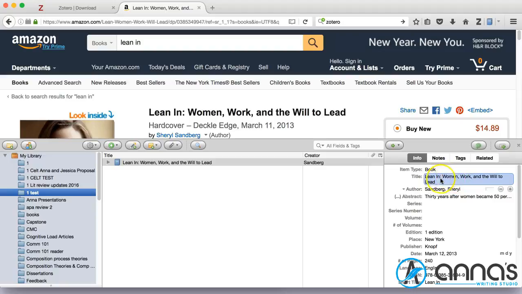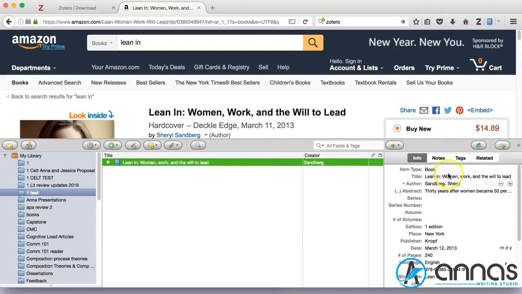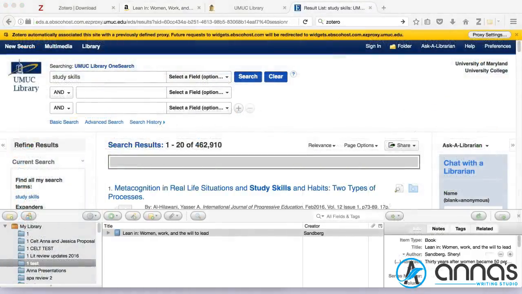So you want to make sure that if you're going to do APA citations, you do not capitalize all the words and you capitalize only the words that are going to be capitalized in the reference list. Okay, so I showed you how to import a book, but I'm also going to show you how